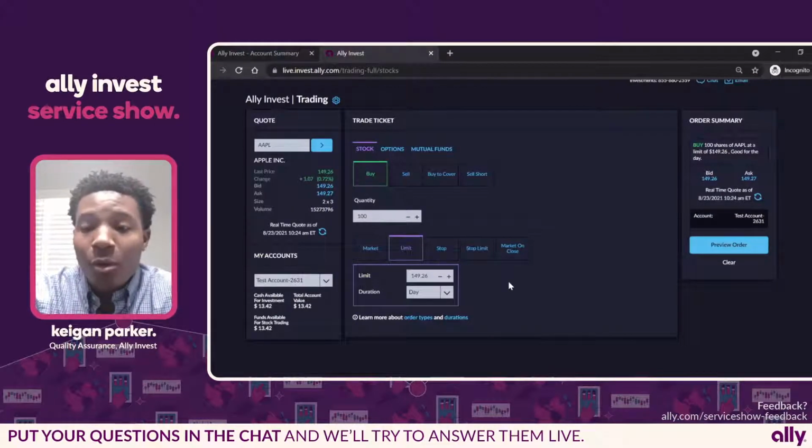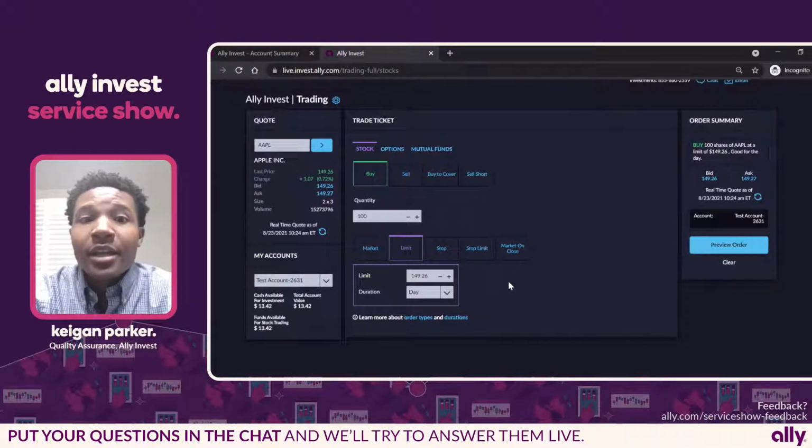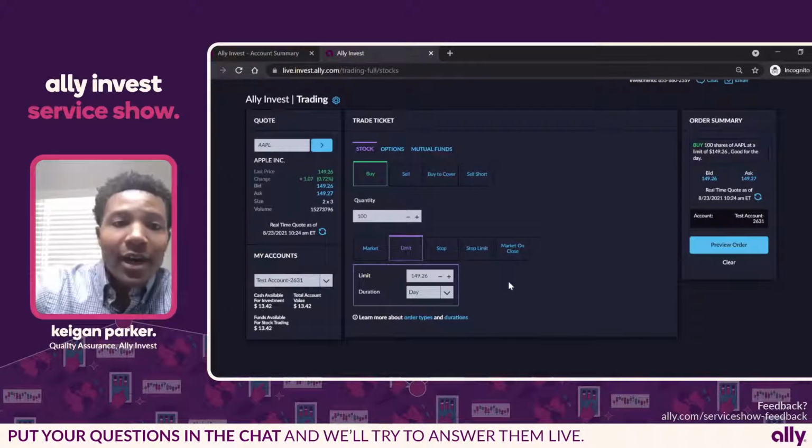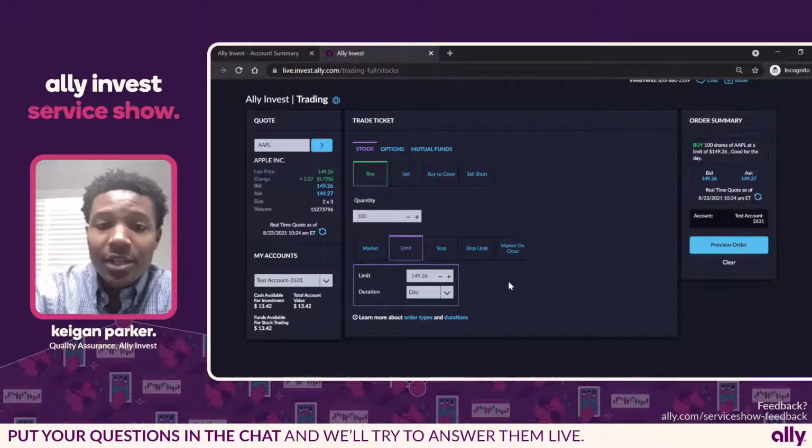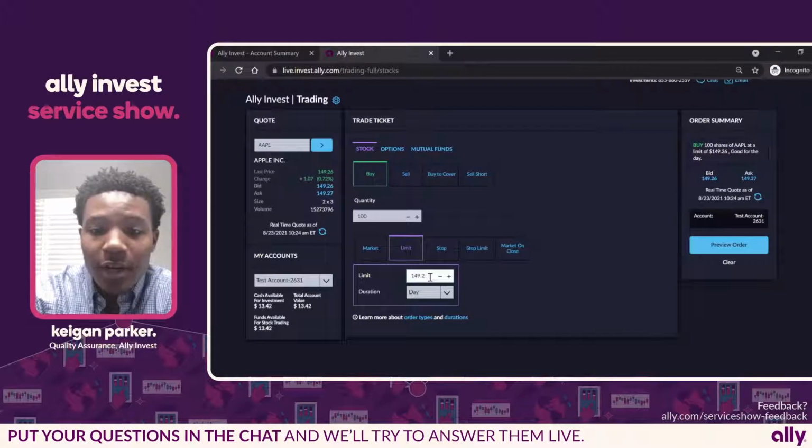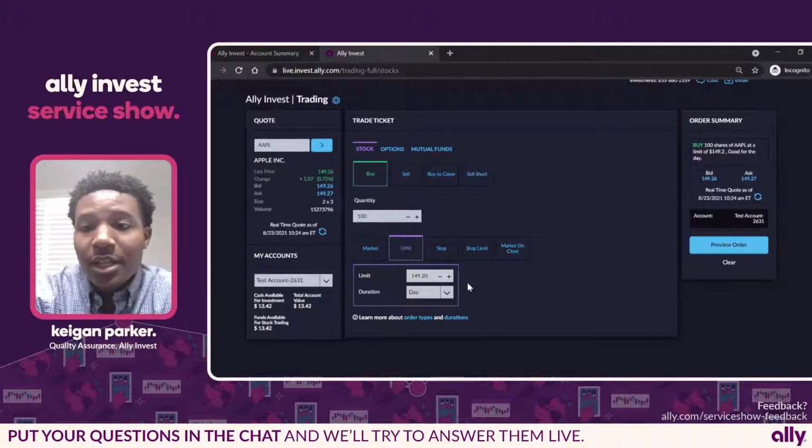That is the price you are wanting to, in this situation, buy the security at. So you're saying, okay, this is trading at $149.26, and you only want to buy it at $149.20. So you just type in $149.20. That's letting our system know if it drops down to this price, I want to buy 100 shares of